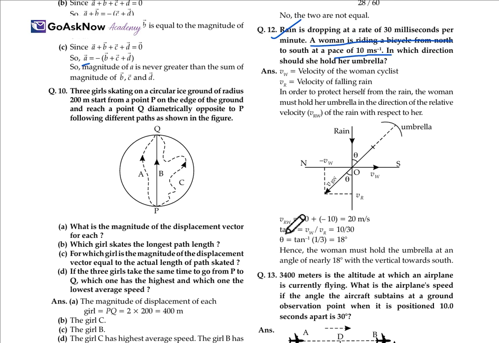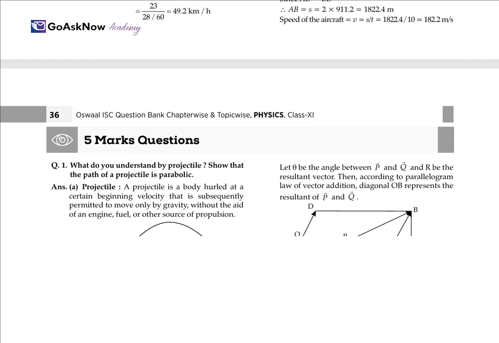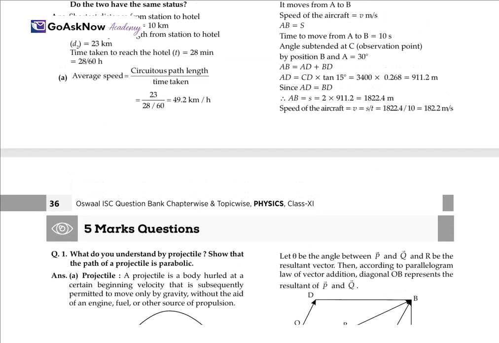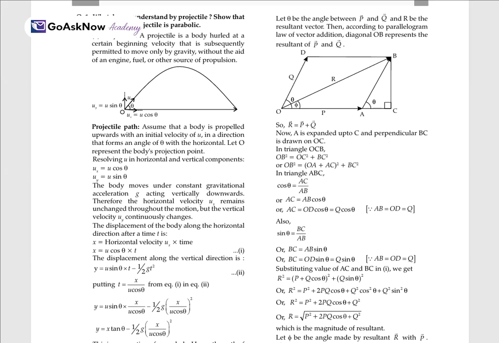Another one is also there. Assertion: a projectile is projected at an angle theta, and the range is the same at angle 90 minus theta. So option A is correct, as both are stated correctly. How? We know that R equals u square sine 2 theta upon g. So R dash will be u square sine 2 times the other angle upon g. We will put the value of theta, 90 minus theta, so 2 theta becomes 180 minus 2 theta, and here we get u square sine 2 theta upon g only. So R dash will be equal to R. So here it's proved that both assertion and reason are correct, and the reason is following the assertion.